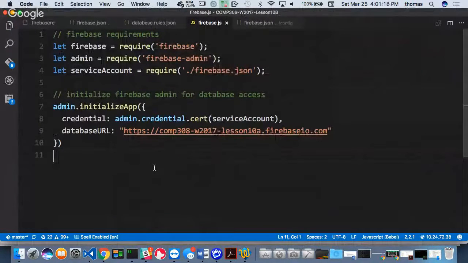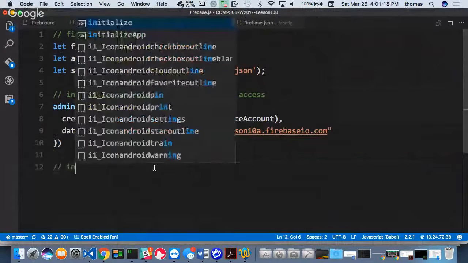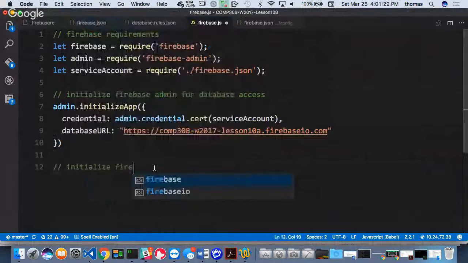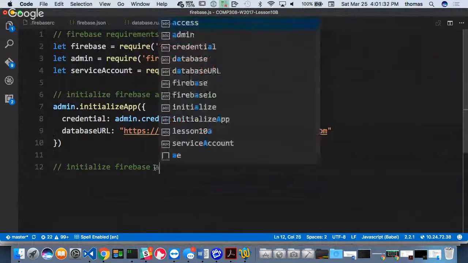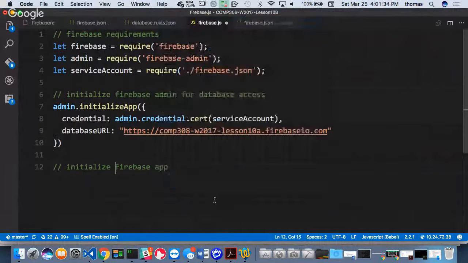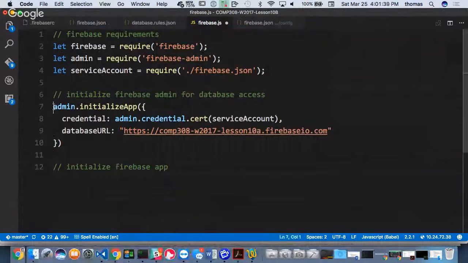Next, I want to initialize the app, right? And the way to do that is to grab the configuration keys. That's the app part. This is the admin part. I'm going to initialize the Firebase for normal people app. There are two parts to it, right? And where you get that is